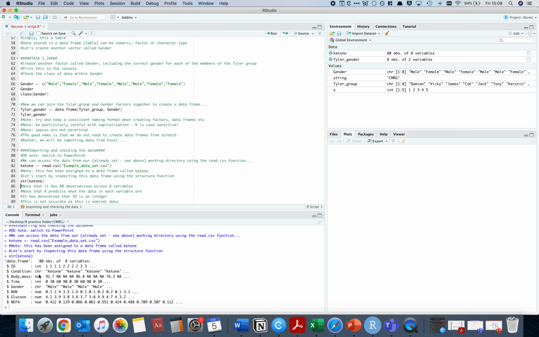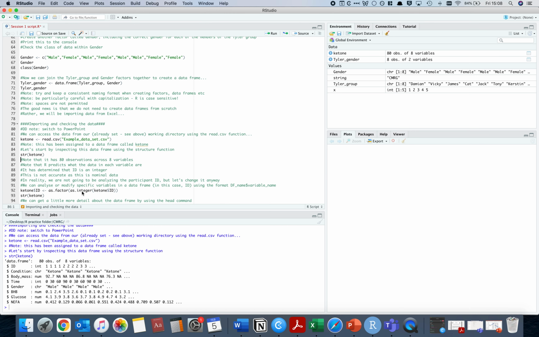Not always, and we'll come back to this at a later point. But initially, if we just take the top line, it's decided that the participant ID is an integer, and this isn't the case. It's nominal data. Now, in reality, it almost certainly doesn't matter for analysis purposes, because we're not going to be analysing or using participant ID number. And in fact, we could have left that out of our import, but as it's here, let's use it to